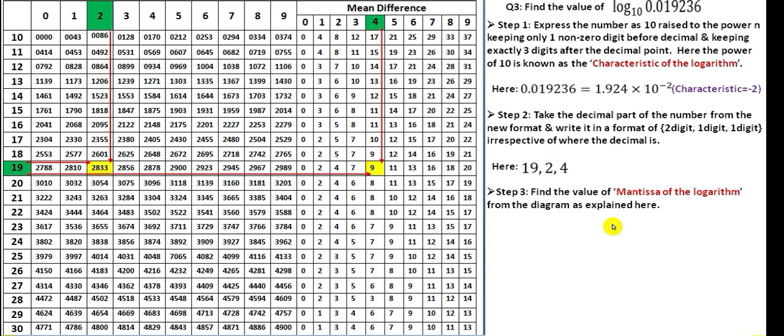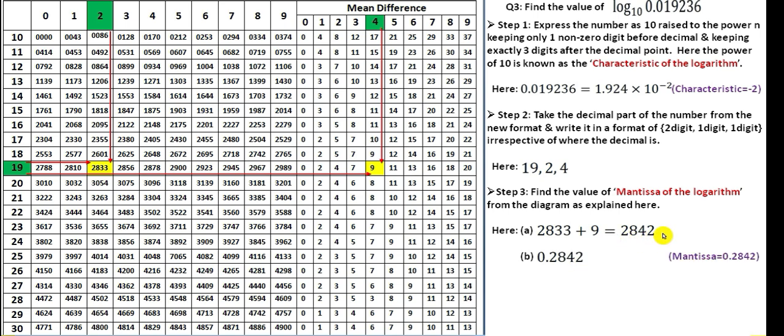So, the first number you got is 2833, and for the second number you have to use the first and the fourth digits. The first is 19, okay, and the fourth one is 4. That 4 you don't have to search here; you have to search it in the mean difference table, which is here. So, there is 4 here and there is 19 here. Find their corresponding number from here and from here. So the corresponding number is going to be 9 here. So the second number is 9. Just add them, you will find 2842.